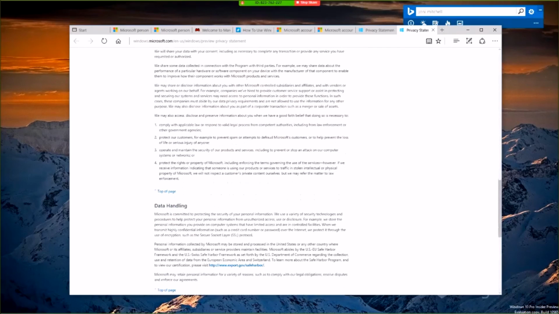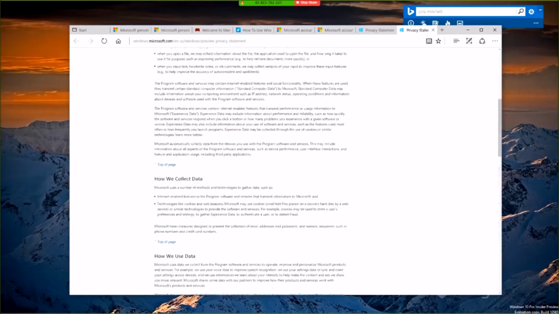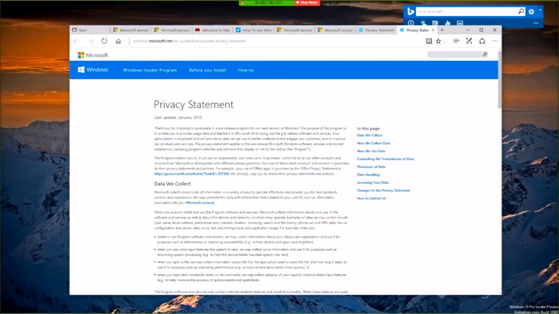So it's kind of a catch-22. In order for us to have better software and better hardware, we need to be able to allow certain aspects of that to be shared. Because remember,